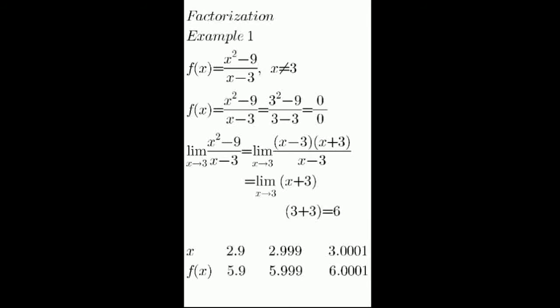We have x square minus 9 upon x minus 3. The factors of x square minus 9 are x minus 3 and x plus 3. X minus 3 and x minus 3 will be cancelled. The remaining part is x plus 3. The value of x approaching 3 means we have to use x equal to 3. The answer is 6. And from the closer and closer values we also have answer 6, which means both are the same.